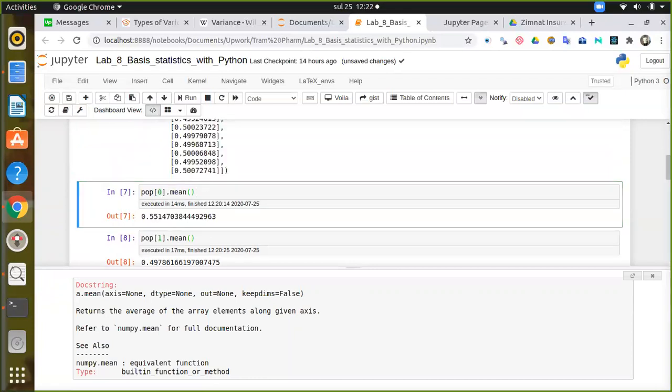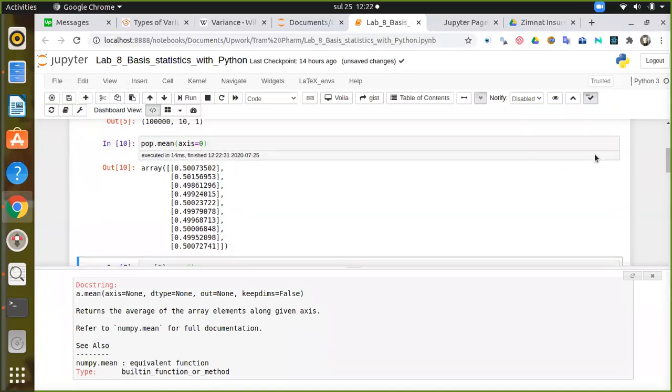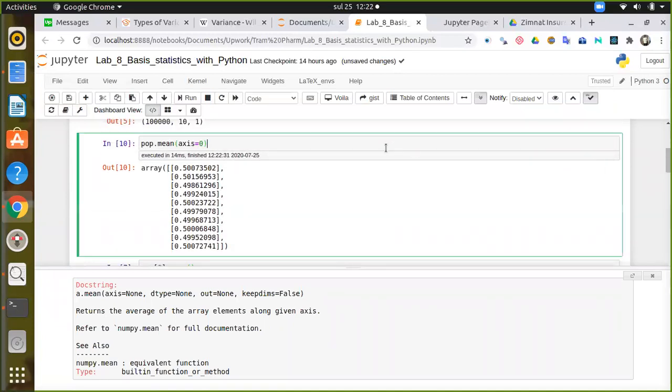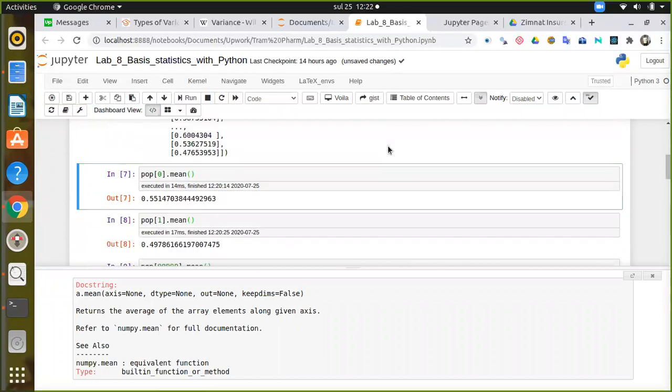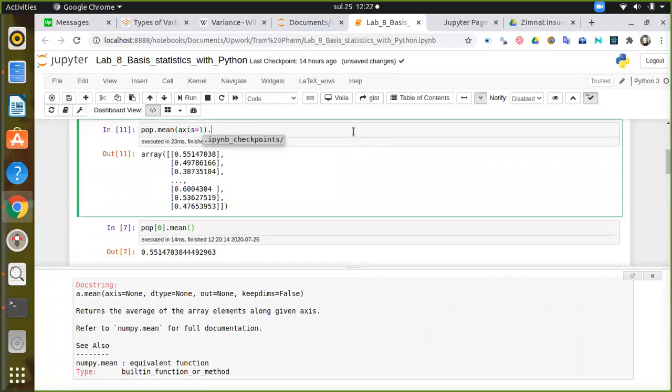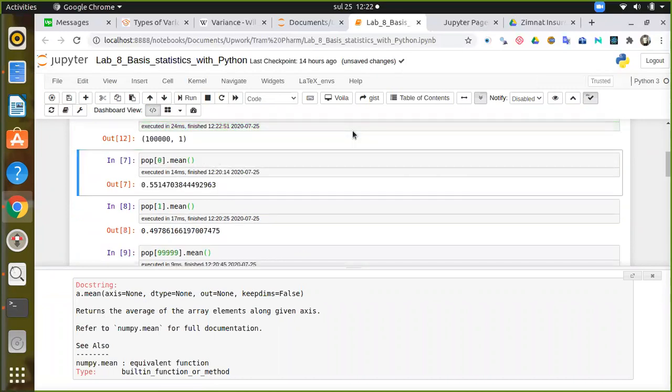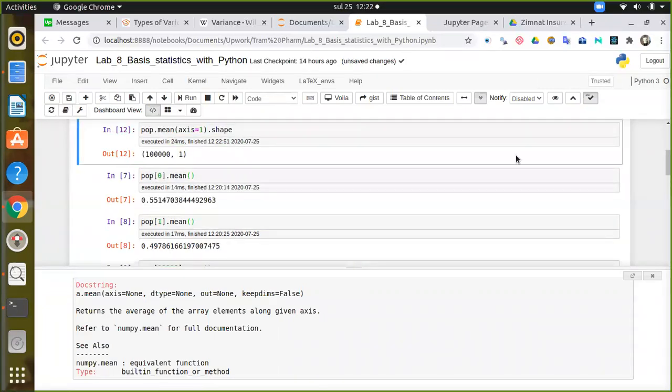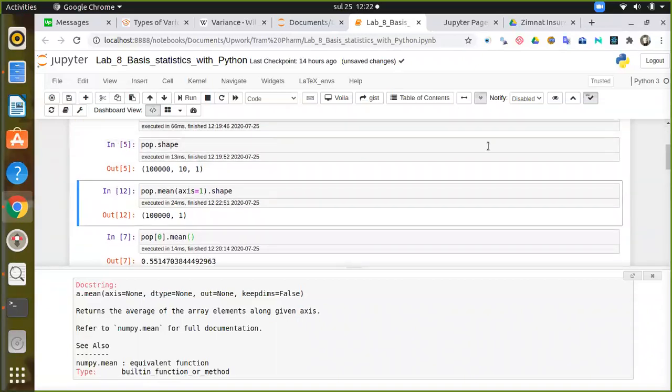Yeah, here we are. Axis 0. You are looking for 100,000 mean. Yeah, that is it. I took this one, the second one. So I compute the mean for,